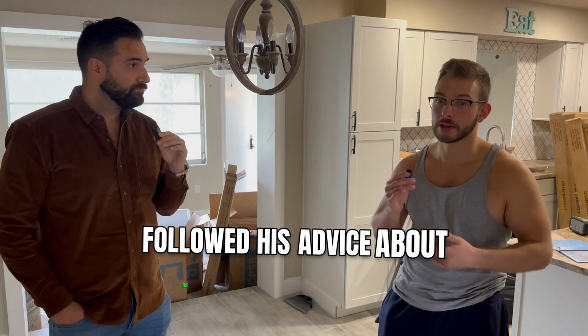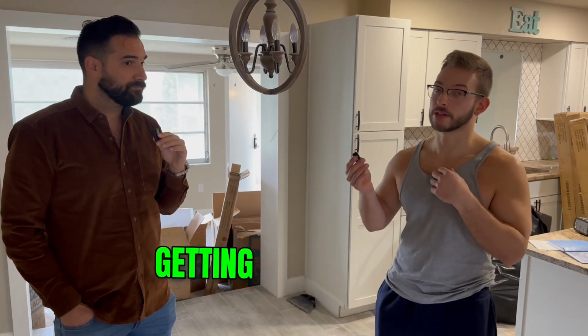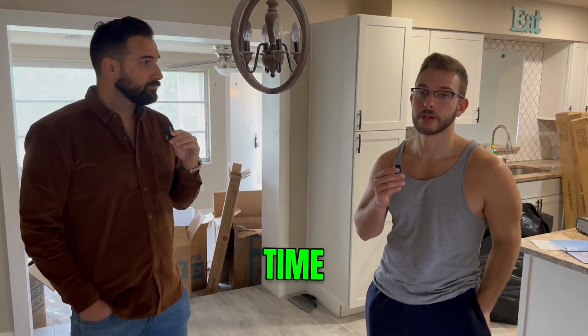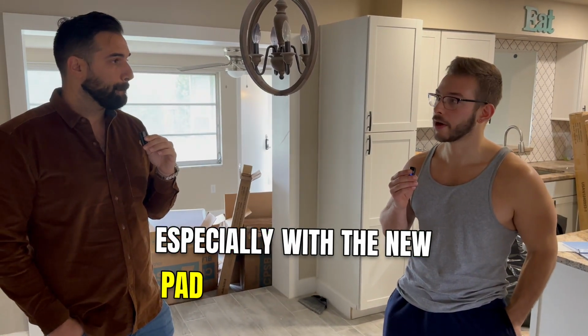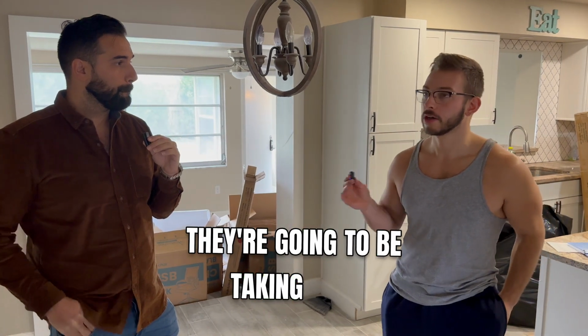And I followed his advice about the mini fridges and a couple of different things. Yep. And I've been getting some feedback. It's like, hey, now I want to stay here for a really long time. Yep. So it does make a difference. Turnaround is a real thing, especially with the new Padsplit model,